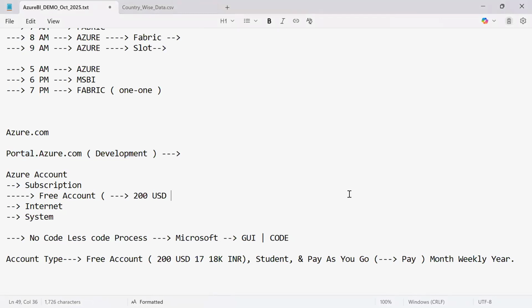If you use one subscription, only one member can access it. If you use two users, your pricing will be different, and two persons can access it. Here also, it is based on the subscriptions. If I use pay as you go, I can access everything. If I use free, I can use only within 200 US dollars. Okay, so let's see here.